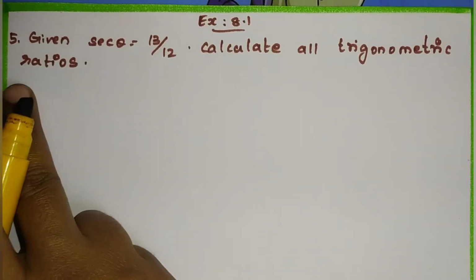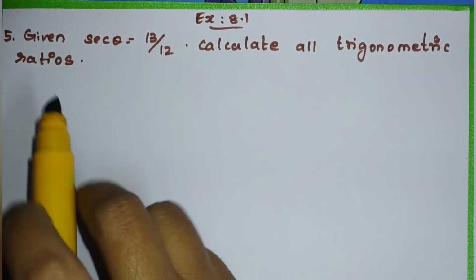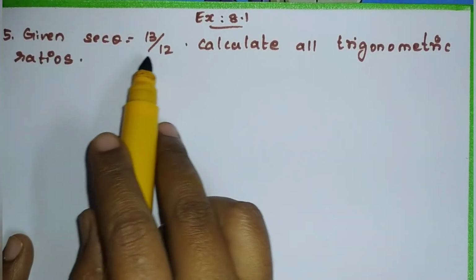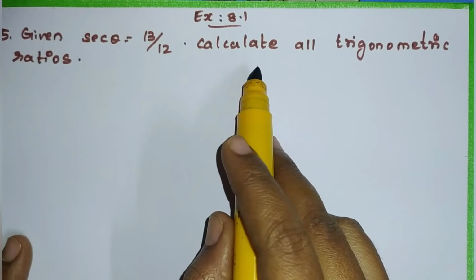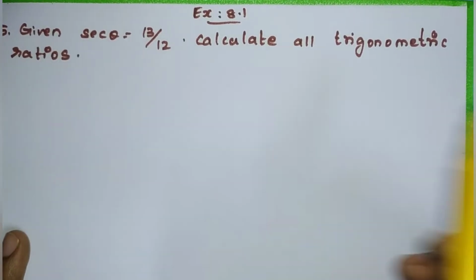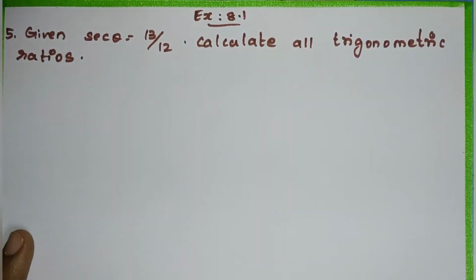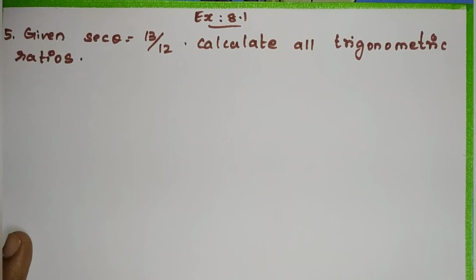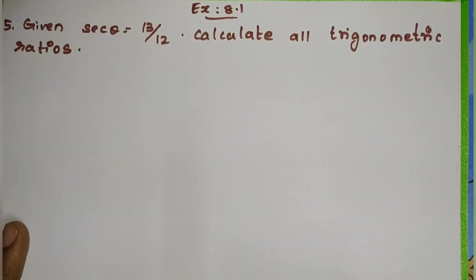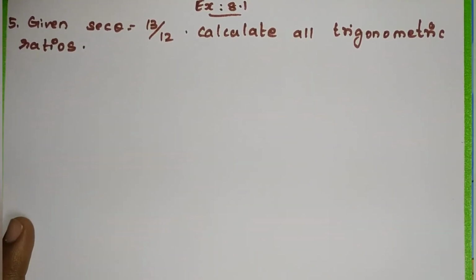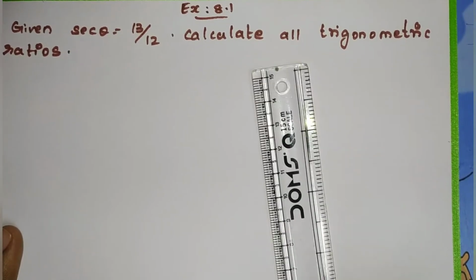Next, fifth problem in exercise 8.1. Given that secant theta is equal to 13 by 12, calculate all the trigonometric ratios. You have to calculate all the trigonometric ratios. Okay. First, you have to find the missing side. For that,